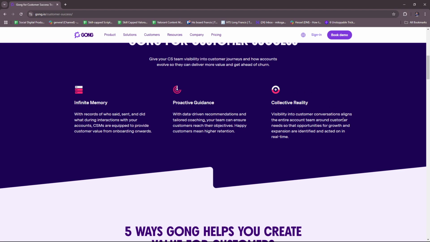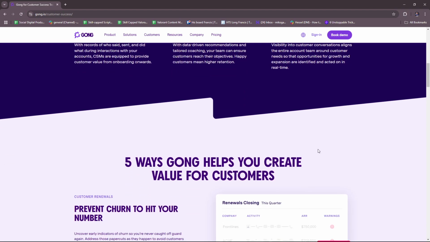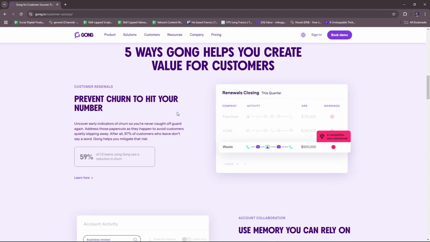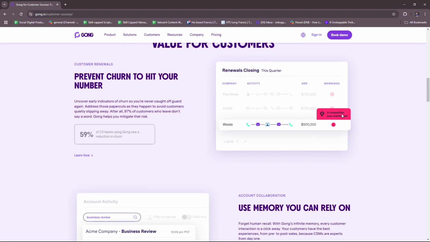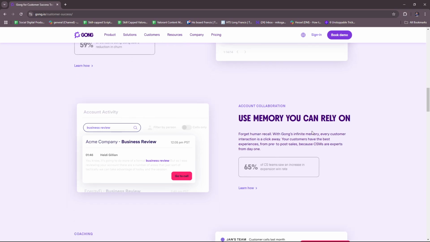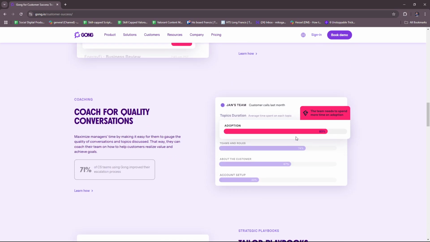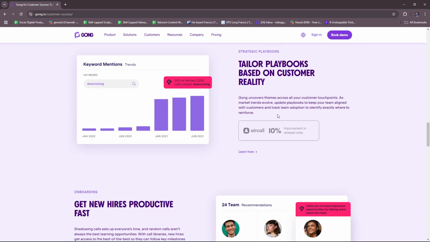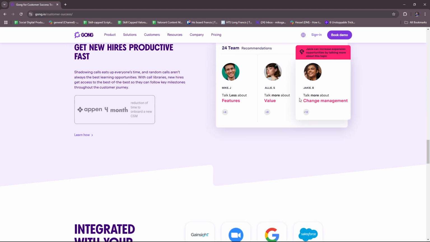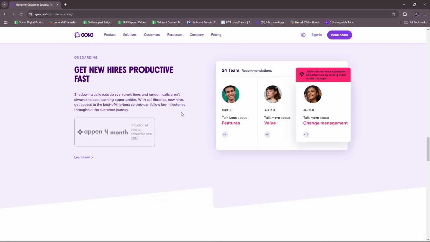And then for collective reality, there is visibility into customer conversations, aligning the entire account team around customer needs so that opportunities for growth and expansion are identified and acted on in real time. So here you have the 5 ways Gong helps you create value for customers. So you can prevent churn to hit your number, and then use memory you can rely on for account collaboration, and then coach for quality conversations, and then tailor playbooks based on customer reality, and get new hires productive fast